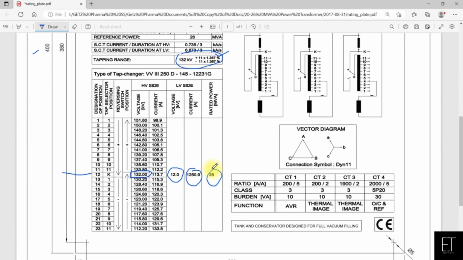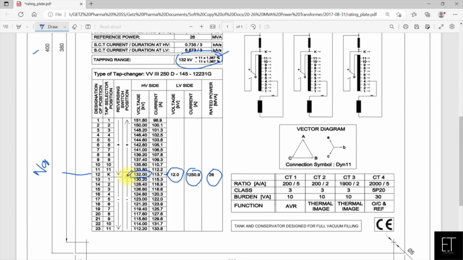So this is a different transformer we are just discussing for the sake of understanding. And you can see the HV current here is 113.7 amperes. So this tap, which is 12, is also called the normal tap. It means that at this tap, if you give the normal system voltage of 132 kV, you will get the normal 12 kV as per design for this